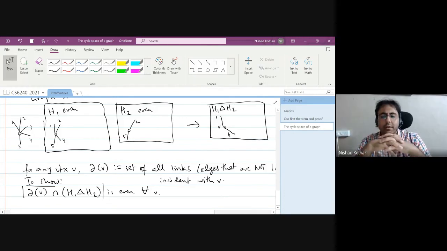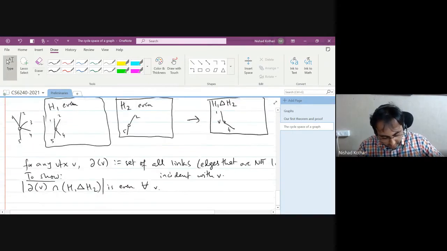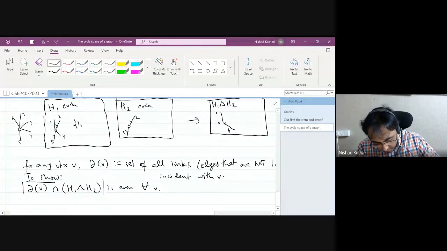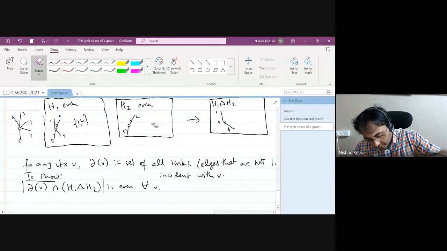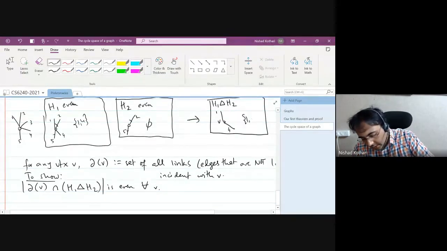Does that make sense? So what you do is, you look at the number of common edges. In this case, the number of common edges is 2 and 5, and that's an even number. So what will remain is again an even number, 1, 4. And here what will remain is the empty set, and that is again even. And so when you take the union, because you have removed the intersection, now you just take the union, you again get an even number of edges.